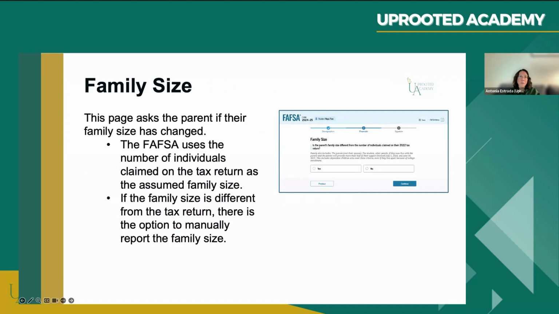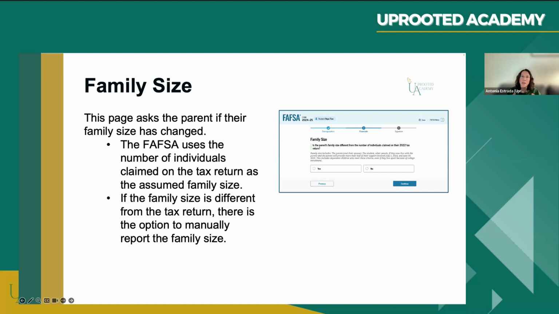Next question has to do with family size. The parent is asked if their family size has changed. So the FAFSA uses the number of individuals claimed on the tax return as the assumed family size. If the family size is different from the tax return, there is the option to manually report the family size. So a common reason that the family size might be different than the tax return is due to a birth